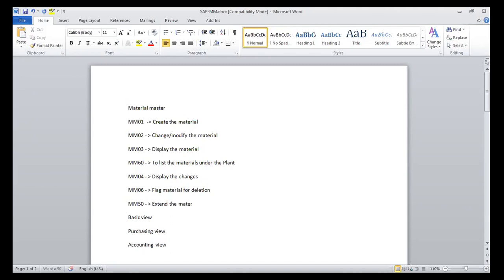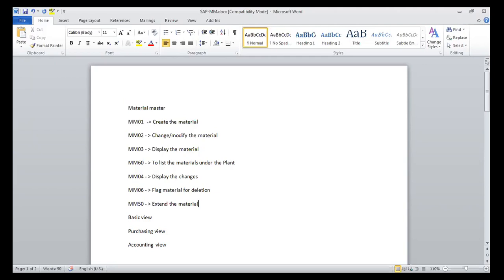The display and MM60 both are the same, I think. Not really. When you use MM60, how many fields were present in that report? You saw two fields, the material number and client.